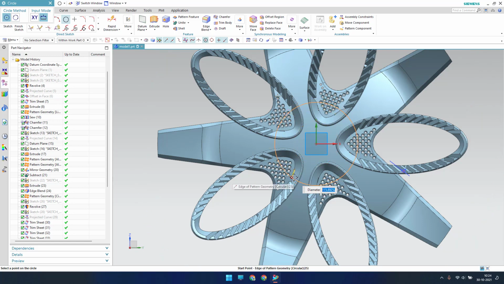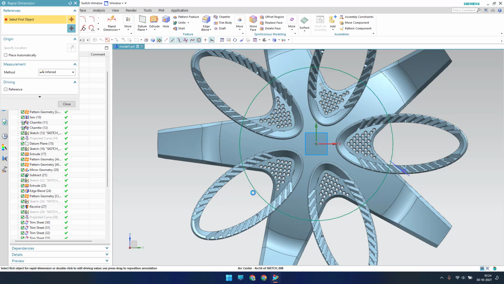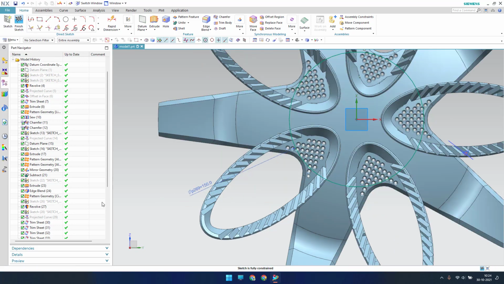Let's draw the 150 diameter, and I'll go to dimensions and put a dimension of 150 for this. Okay, and one more thing, I just wanted to create a circle with a diameter of 25 mm.